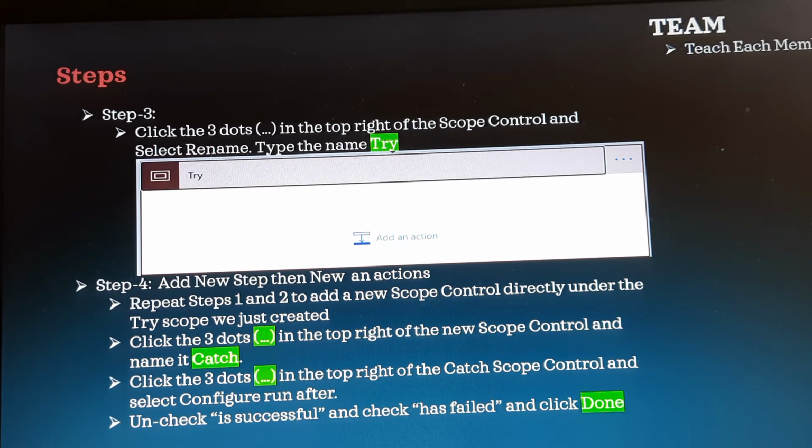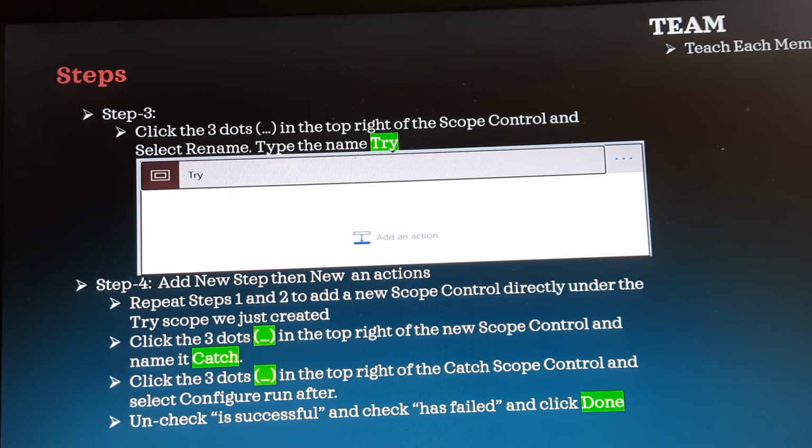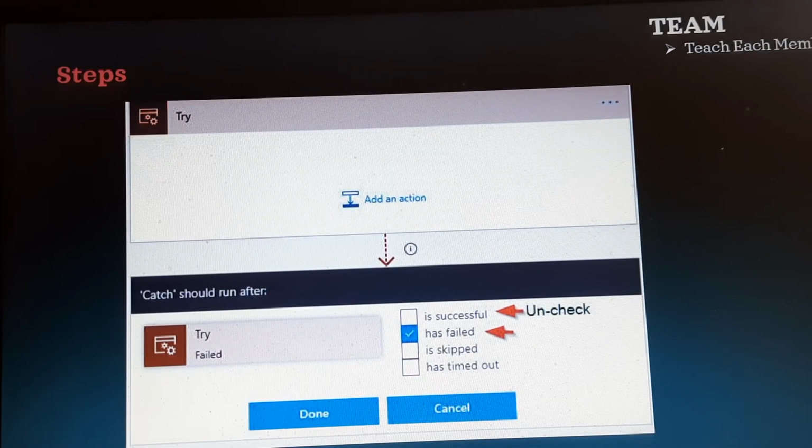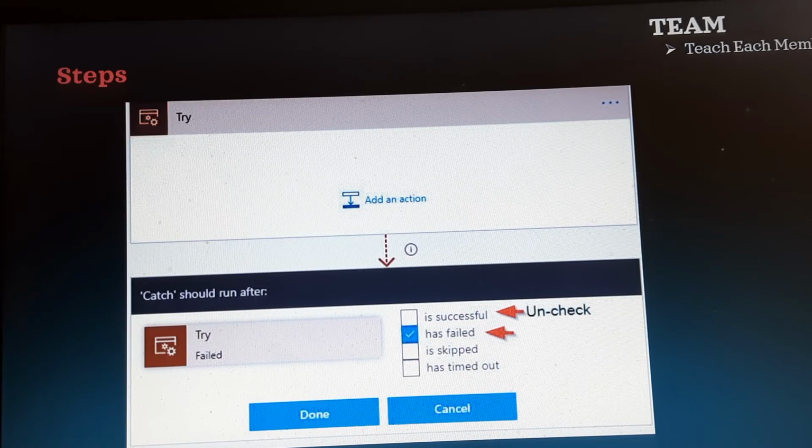You see, uncheck the is successful condition and check the has failed condition, then click done. In my slide you can see the screenshot: you uncheck is successful and check has failed, then click done.